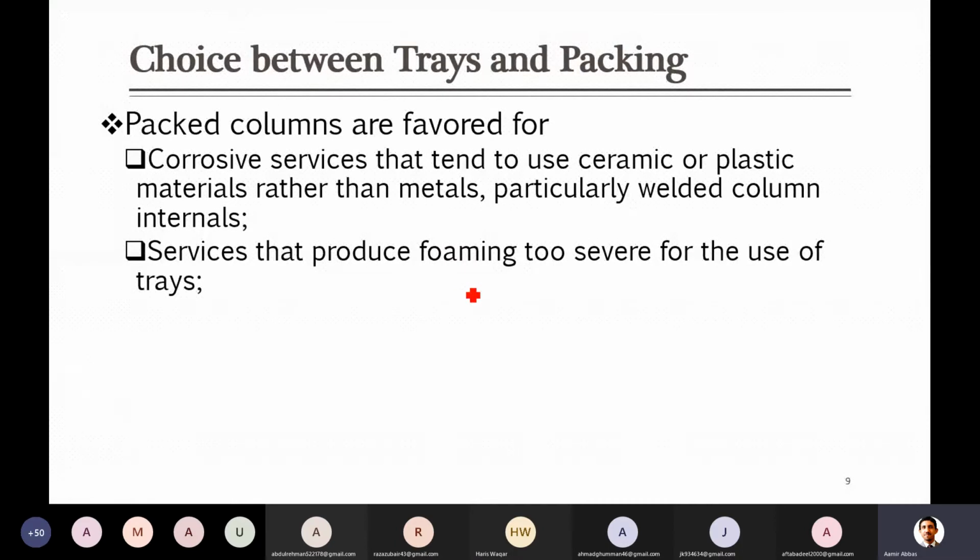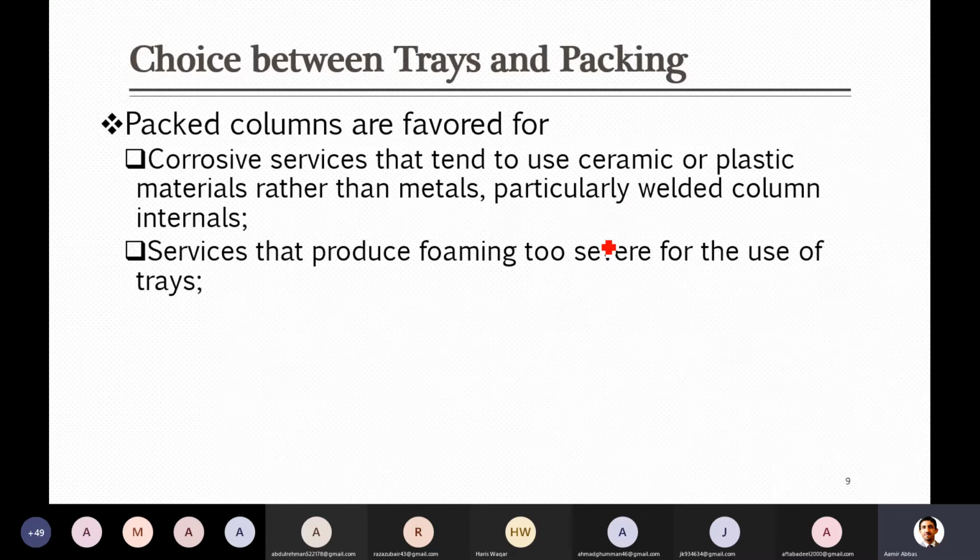Foam is actually when your liquid and vapor come in contact, and as mentioned yesterday, there will be some froth formation, but if that froth becomes strong, it appears in the form of foam. You remember that above the surface of one plate there was something called the disengagement section. Yesterday I told you that it is the space above the surface of one plate and before the next plate starts, and that area is called the disengagement section. In that section, disengagement between vapor and liquid takes place.